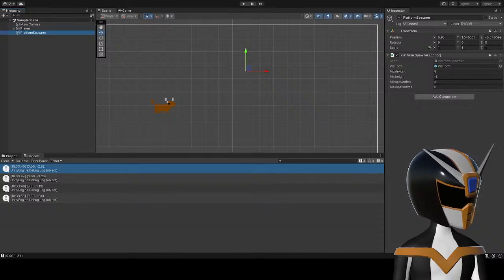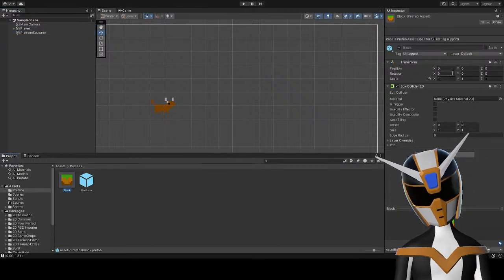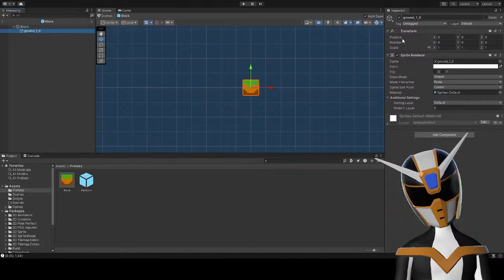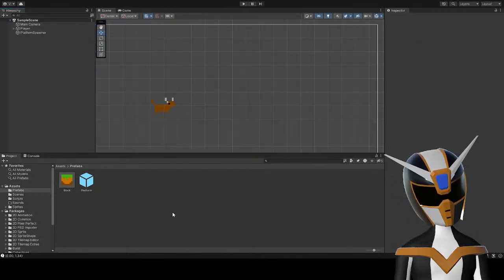Can't be. Because I already reset the transforms. I reset the transforms for the prefab. They're all at 0. And these are all at 0. So it's not that.